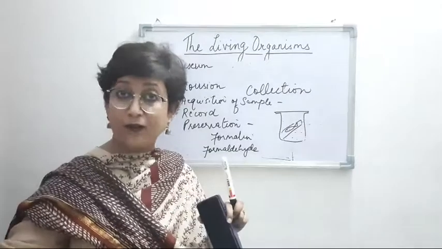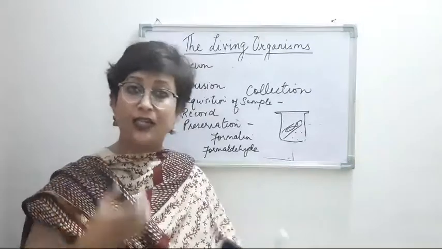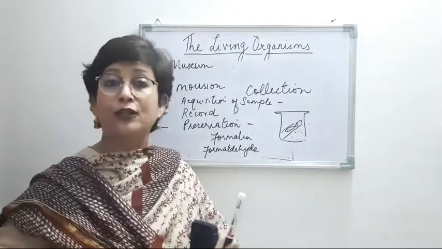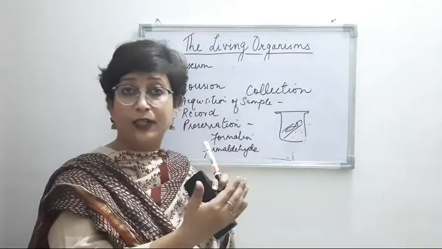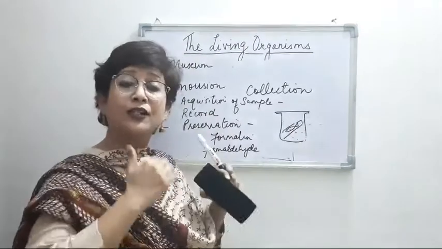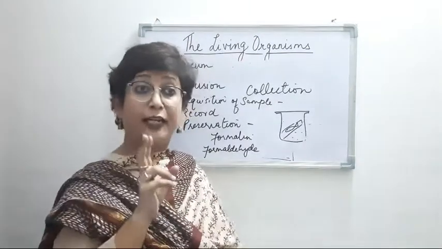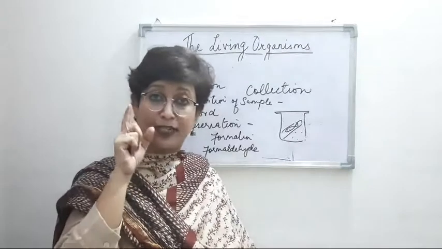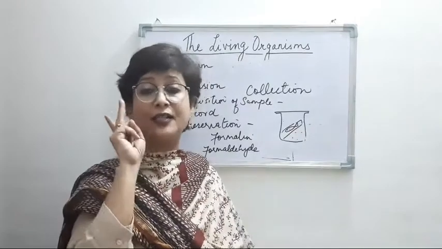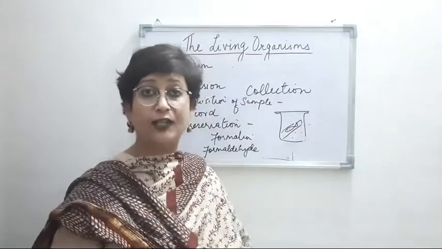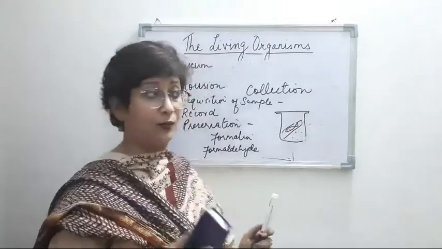And once they are preserved well, then they are ready for exhibition and of course for educational studies and for research work. So that's about the second taxonomical aid, taking into account dead specimens, right? So when we were talking about the taxonomical aids with dead specimens, we talked about the herbarium, and the second one was the museum. So we've completed this, and now we move to the taxonomical aids having living specimens, right?